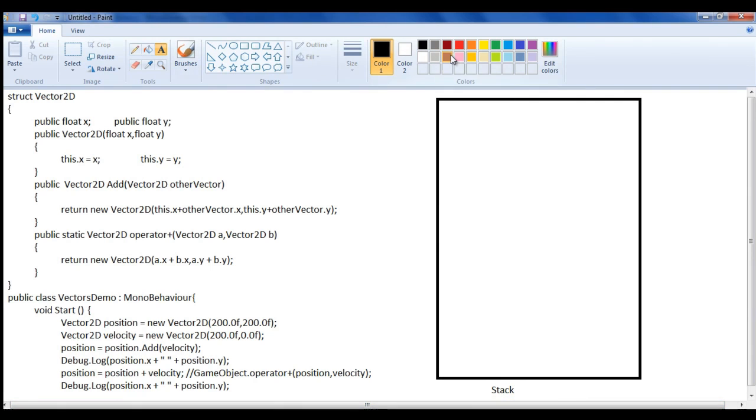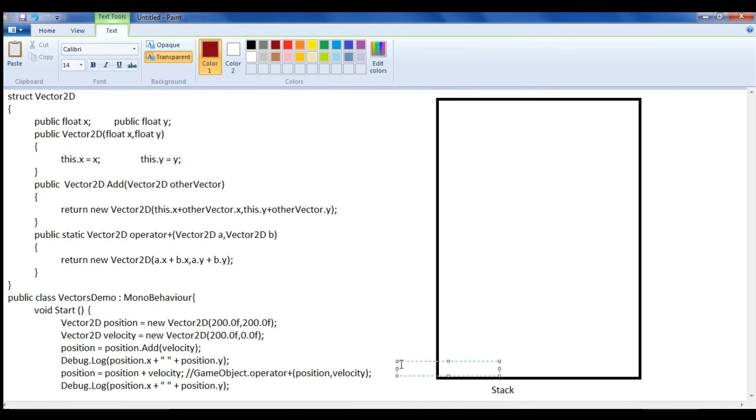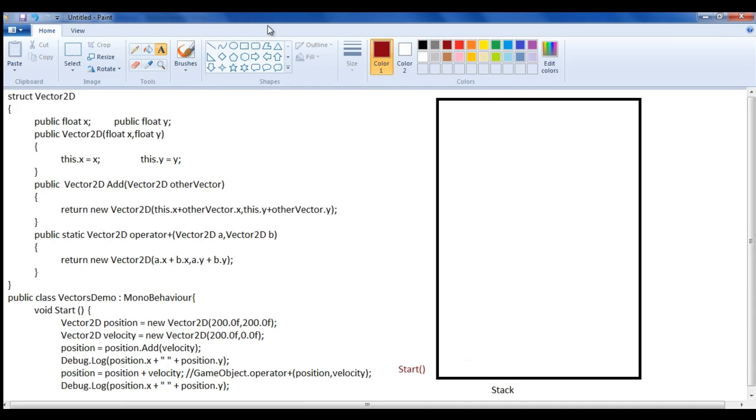Of course, on top of the stack, we are going to have the start method. Then what happens, guys? We know that first this line is going to get executed: vector 2D position is equal to new vector 2D.